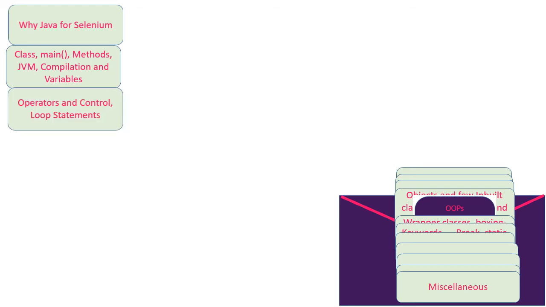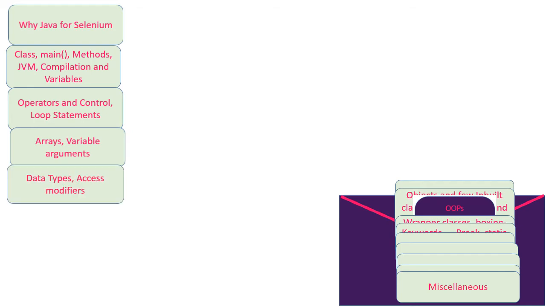operators, control statements and loop statements. These are very generic, not specific to Java. These are the same concepts used in many languages, but we are going to cover how they are used in Java, along with the syntax principles that are applicable for Java. The next video is going to be about arrays and variable arguments. In arrays, we are going to discuss two-dimensional arrays, single dimensional arrays, and some more advanced concepts of arrays. And we are going to discuss what variable arguments are.